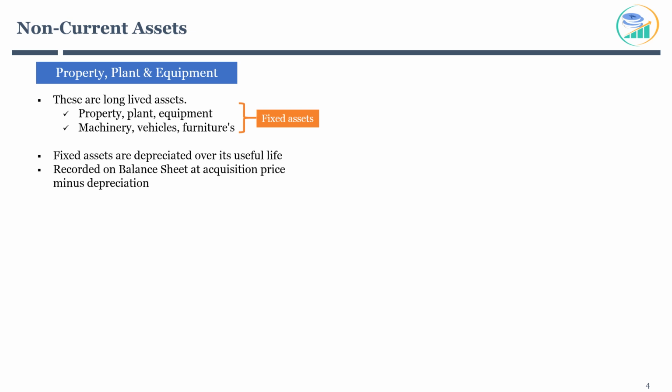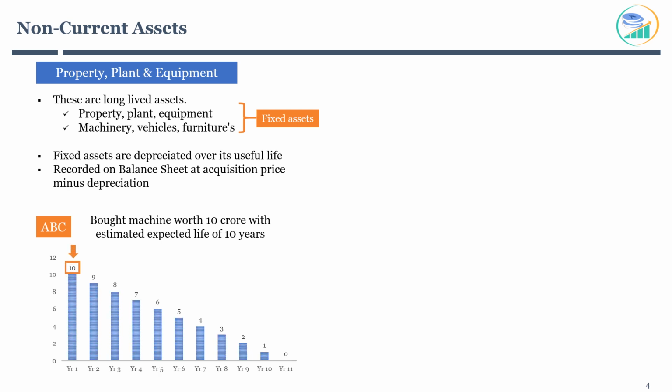If you have a question, what does it mean? Let's take an example. Company spends money on buying machines and equipments that have life of several years. Let's assume company, ABC, bought new machine for 10 crore that will have an expected life of 10 years. For first year, the assets of 10 crore will be recorded on balance sheet. However, its value will be depreciated on balance sheet as per this chart over next 10 years. For second year, the value of asset will be depreciated by 1 crore and its value will be 9 crore on balance sheet. Eventually, its value will be 0 after 10 years since it needs to be replaced considering expected